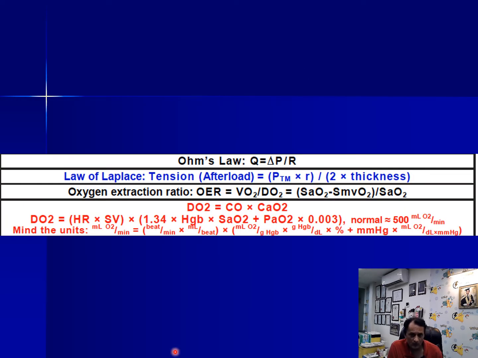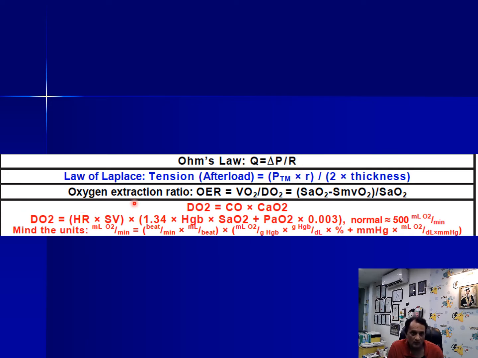So cardiovascular physiology, it all depends on Ohm's law, because it depends on the physics rules. So we know that, according to Ohm's law, Q is the flow here. So any flow in a tube depends on the pressure gradient. If there is more pressure gradient, obviously the flow is more, and it is inversely proportional to the resistance